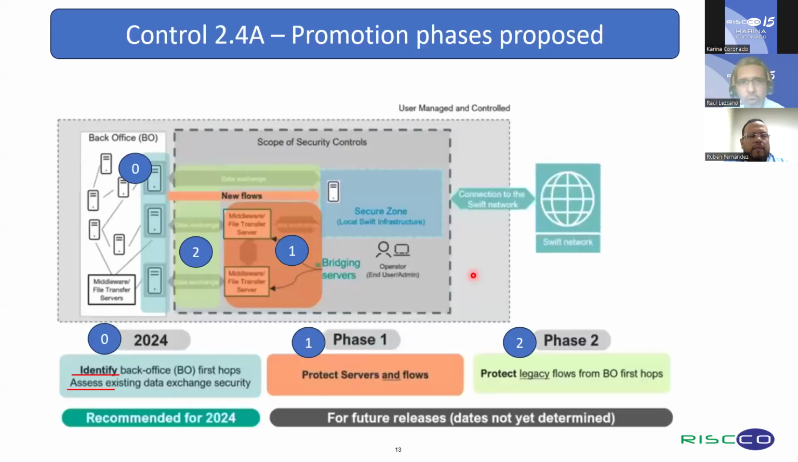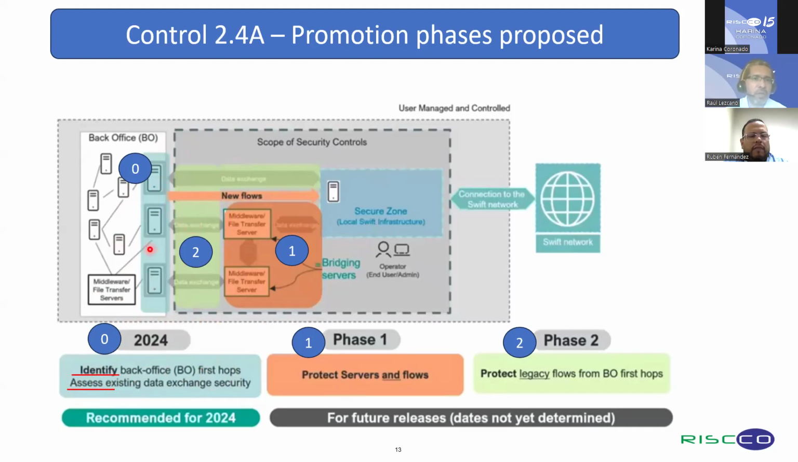When it comes to Control 2.4, which again is advisory for 2024 but is planned to be phased during 2024, they have not said the dates, but I guess 2025 could be at least one of these two other phases. We are using Swift material in this presentation, so we have added this 0 here for 2024, highlighting that what Swift suggests is to make the identification of these